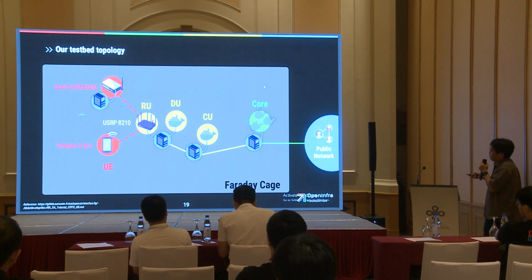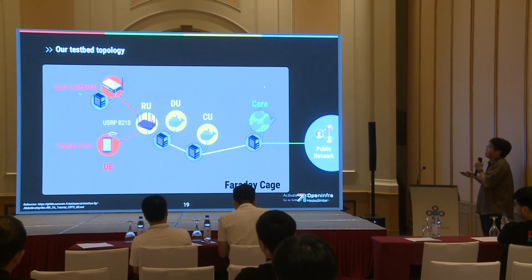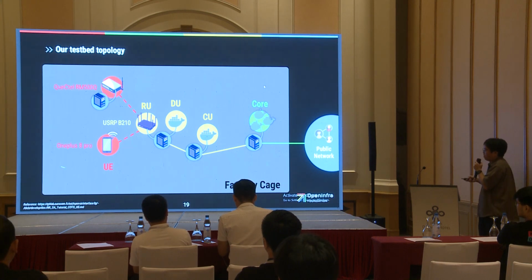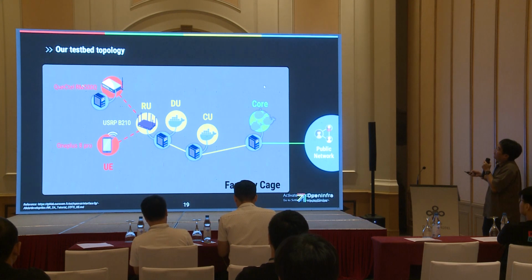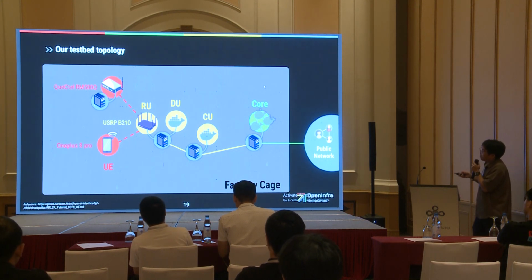So what is our testbed for now? Our testbed is first the UE. The UE, the user equipment, could be phones. The phone could be the OnePlus 8 Pro, the Xiaomi, the Google Pixel. And another choice is the 5G modem. The 5G modem we are currently connected to the server, and this is just a USB connection.